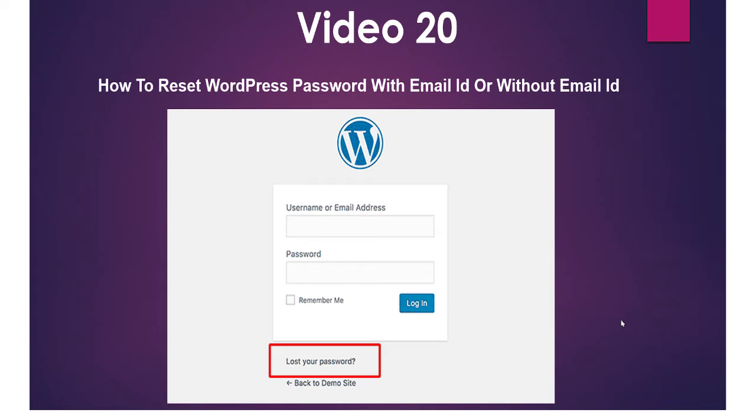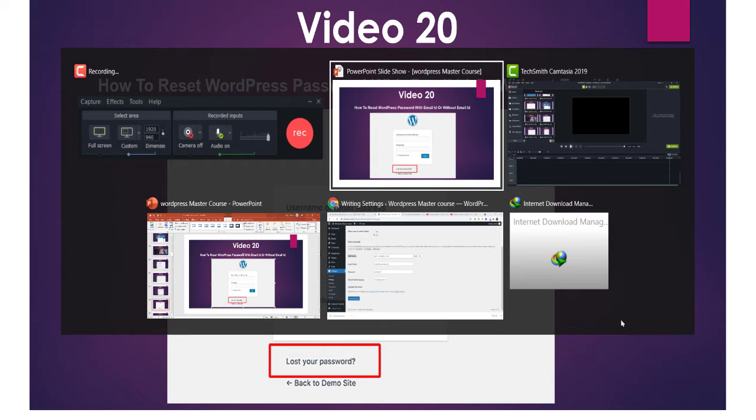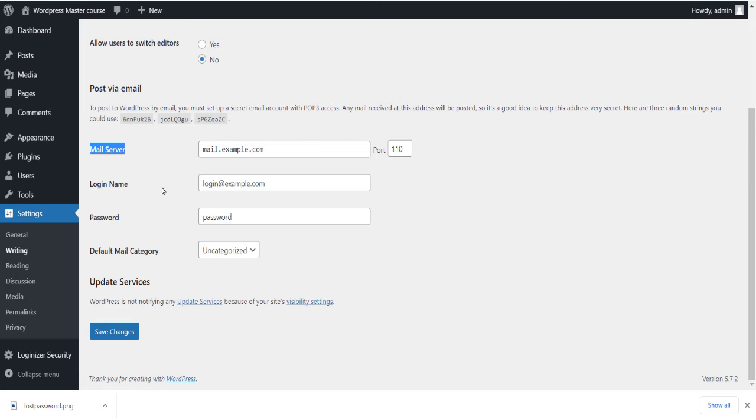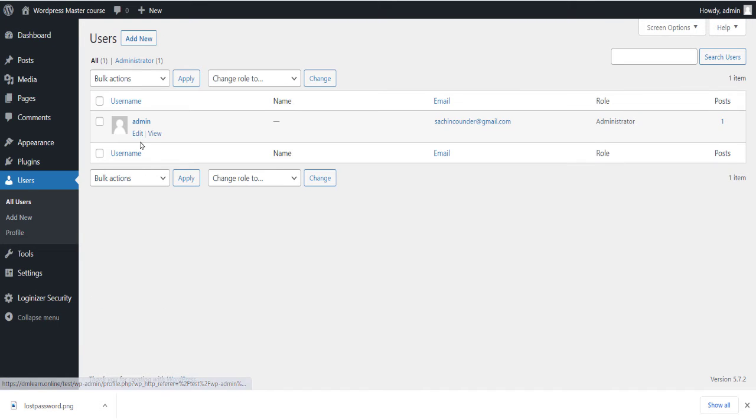If you think someone is using your backend and you want to reset your password, you can do it from the backend side. So how can you change it through the backend? Just go to Users, click All Users, hover the mouse over admin and click Edit,